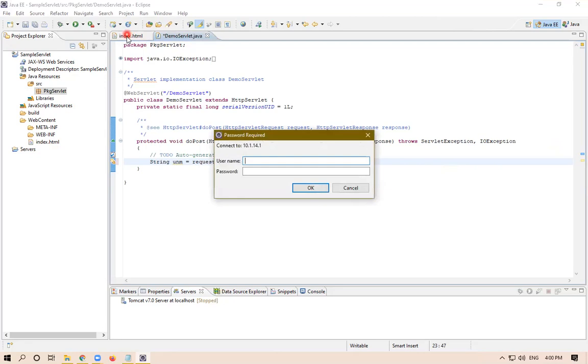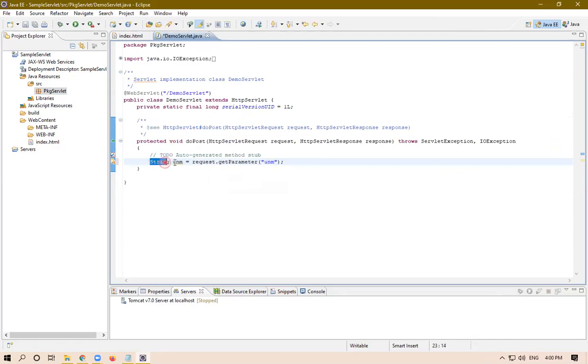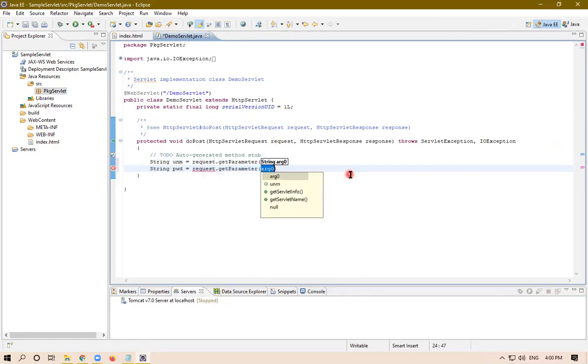This unm will be the attribute from your HTML, and this unm will be your Java variable. Please remember. Then next will be String pwd is equal to request.getParameter in double quotes pwd, double quote complete, semicolon.